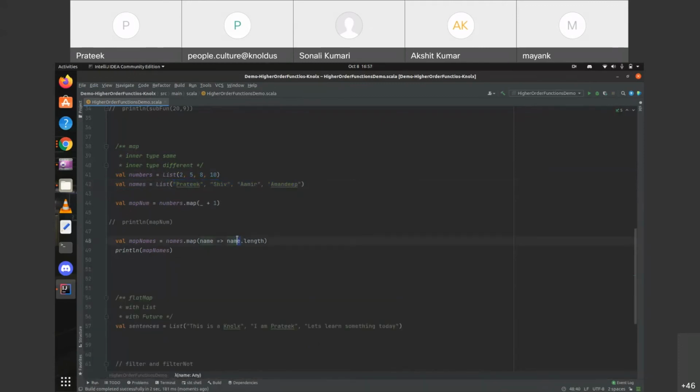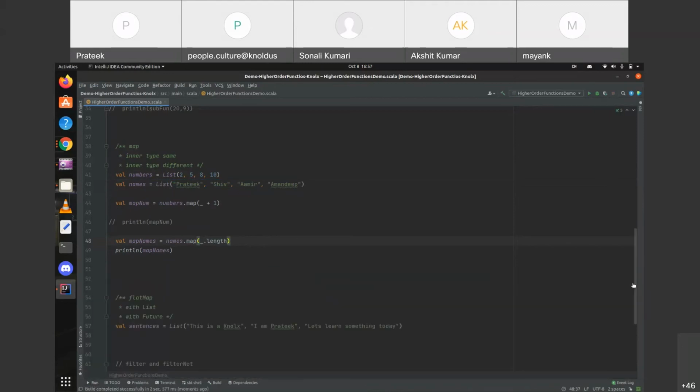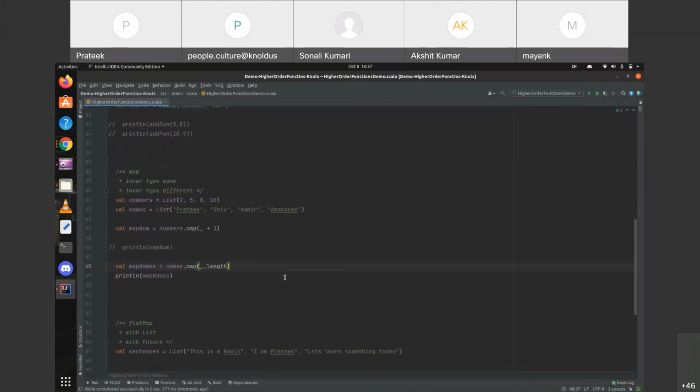Similarly, we can also do it like this. It will give us the same result. Okay, so now let's move on to the other part.